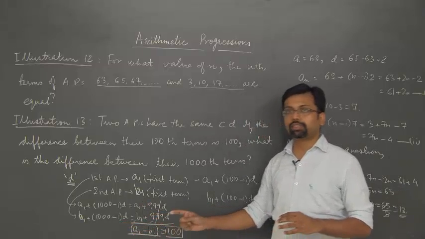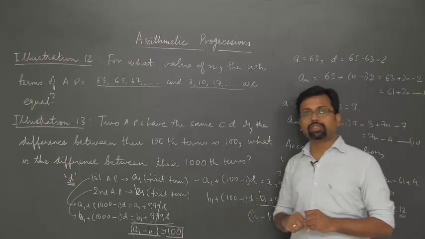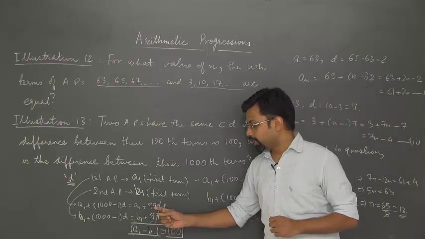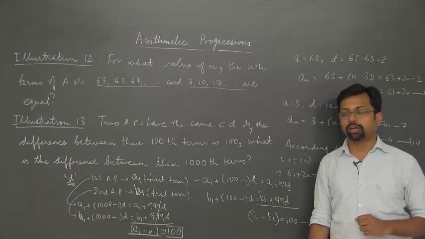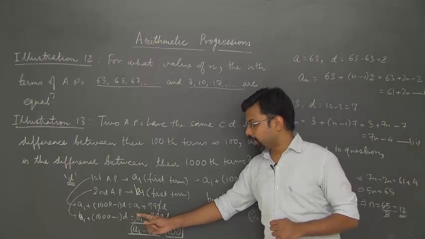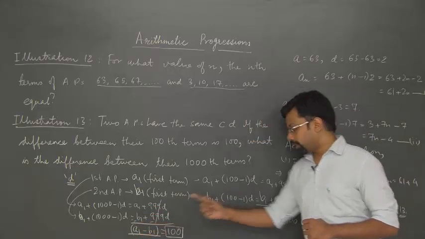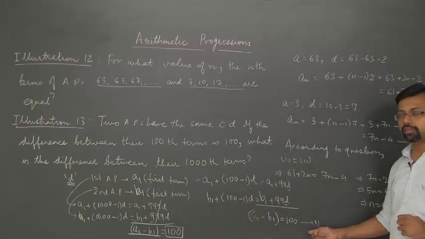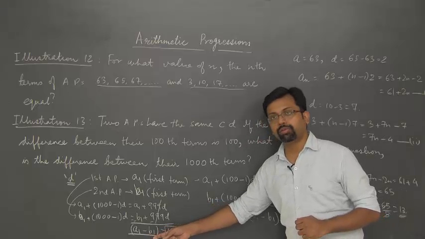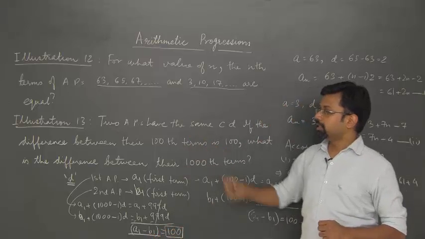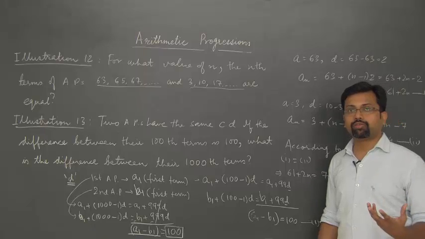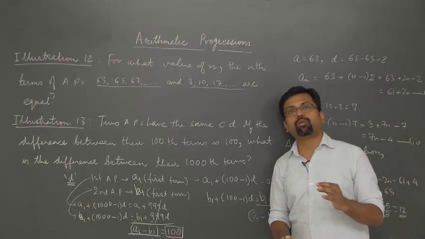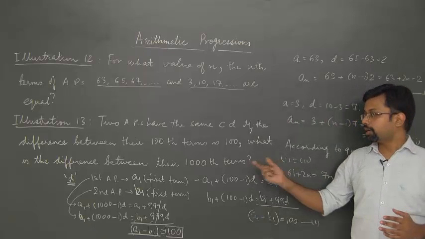When you subtract these two, 999D would cancel out, and we will again be left with A1 minus B1. From the first equation we have already calculated that A1 minus B1 is 100. So here also it will turn out to be 100. Hence, the difference between the thousandth terms of both the APs having the same common difference would remain the same, and it will remain equal to